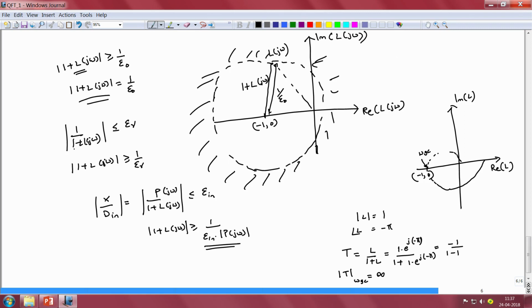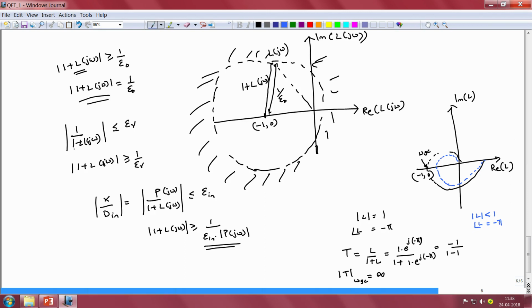If, on the other hand, our Nyquist plot was such that it did not result in our closed loop system being on the threshold of instability, but it was actually a stable system, in which case the Nyquist plot looks the way it has been depicted in the blue dotted curve here, we would have the magnitude of L to be less than 1 when the angle of L is equal to minus pi.